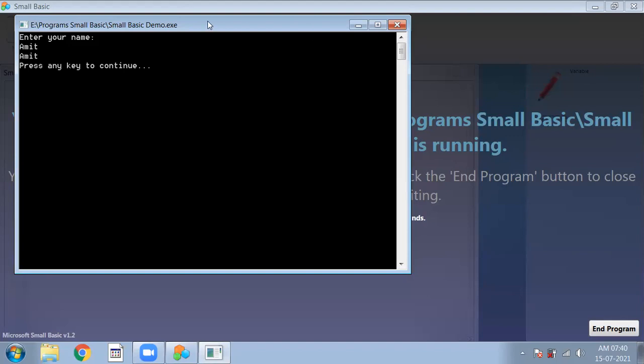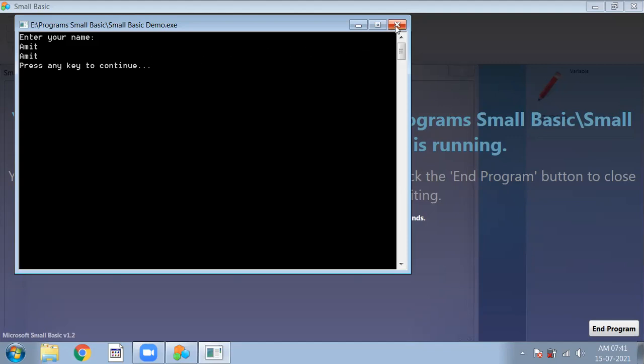With the last statement, this line will appear two times, Amit. One Amit is the first one we entered, and the second one is displayed by Small Basic on this output screen. Like this, we can perform so many programs here.